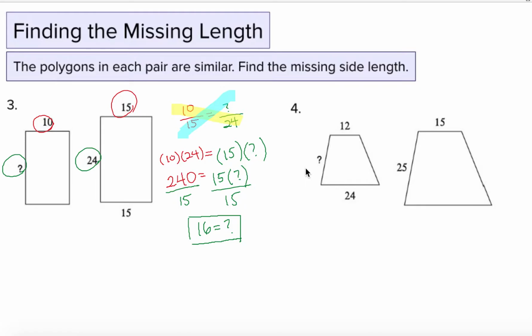So let's get started. The first thing that we're going to do is to decide which side we want to start with. Right here we have two trapezoids, so we have four options. I am going to start with the short side on the top, just because it's the number on top. So I'm going to start with the 12 and the 15. So I am going to make that into a fraction,